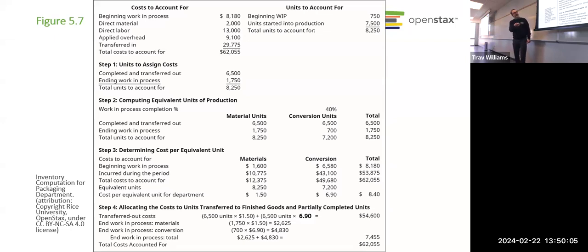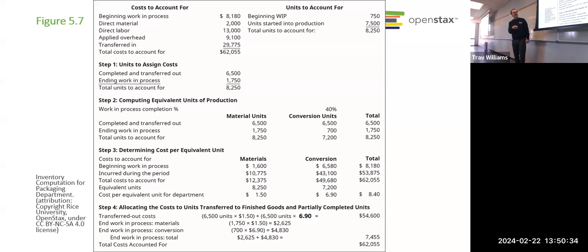This is ending work in process equivalent units for production. This is total equivalent units for converting, right? So that's the difference between the two. This is ending work in process. This is total. That total is the one that we can divide into the total conversion cost to get our conversion cost per unit.